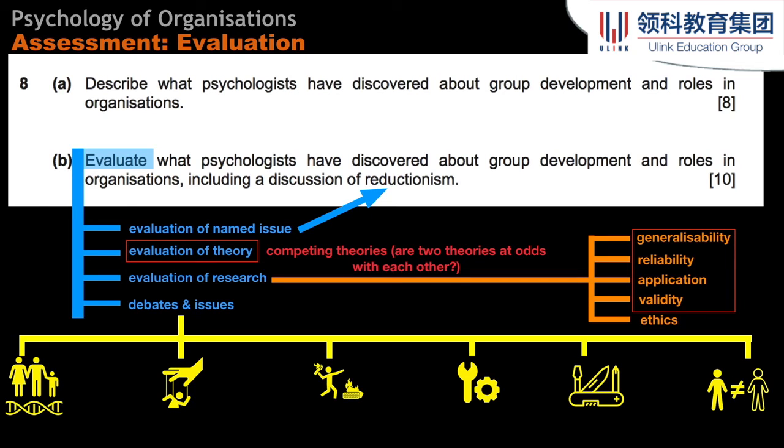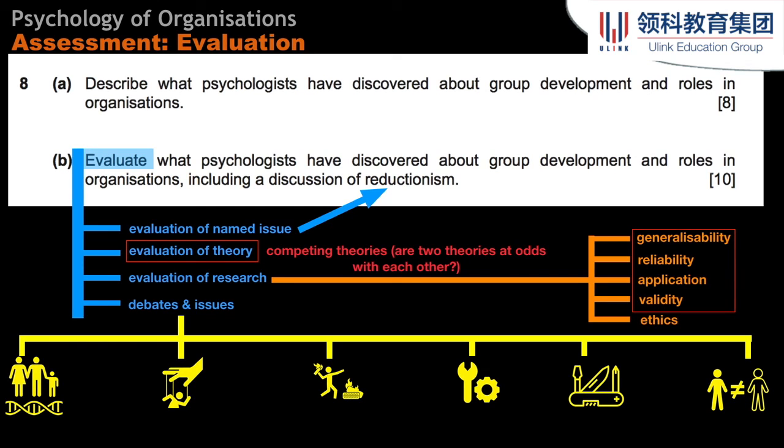Now, if you look at the marking scheme, anything else from this unit that follows group development and role assignment or roles in groups, anything that happens after those paragraphs in your textbook, will not be open for credit in this answer or in the previous question, which is the describe question. So if you talk about things like groupthink, cognitive limitations, conflict resolution, those things are really off topic. So you're really relegated to only 3 things: Tuckman, Belbin, and the Belbin team inventory. So it's a lot more of a restricting question than the old syllabi or the old exams were. The old exams tend to be more open.